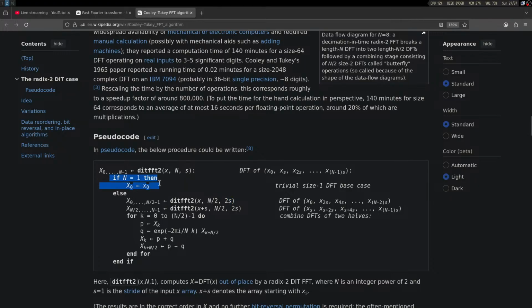So if n is equal to 1, then x is equal to 0. Then the first half is this, and the second half is this. Then we iterate the first half, we compute some p value, some q value, then xk,